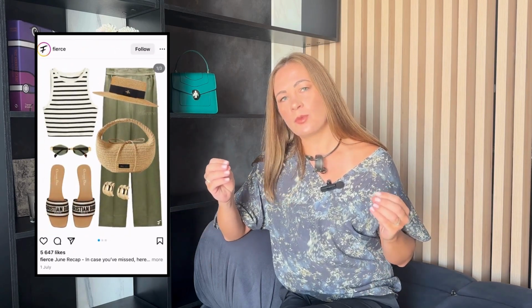And when I try to think whether I'm being influenced to buy something, I consider 3 aspects here. So, aspect number 1, I try to think, would this garment actually fit my personal style? And you might not necessarily be sure about your personal style, which is fine because all of us change and our personal style also changes. But for the most part, when I look at the garment, I can tell, is it going to fit into my wardrobe? Is it going to fit within the color scheme that I have? Or am I going to have to buy a completely different wardrobe to be able to actually incorporate this item